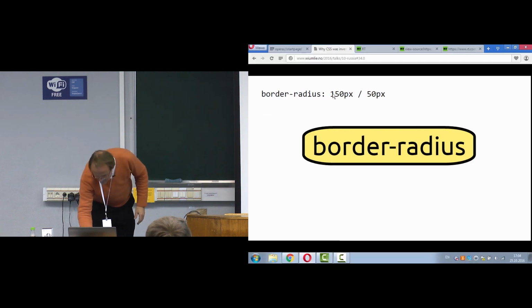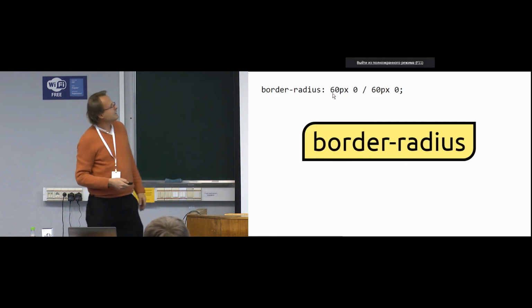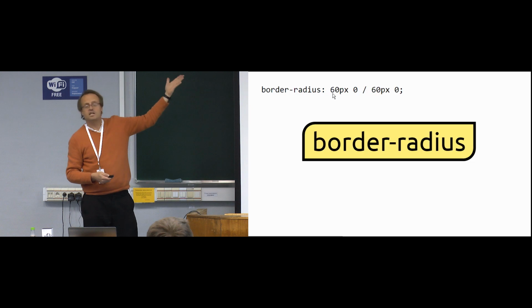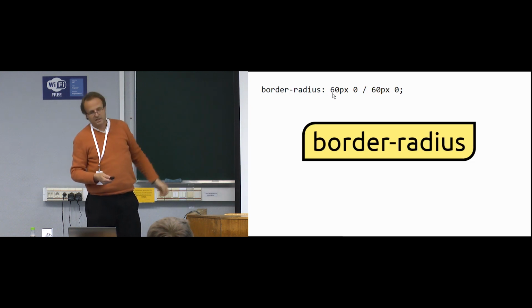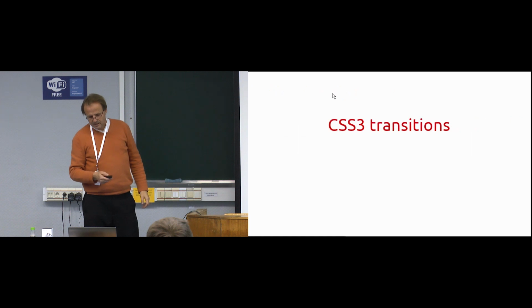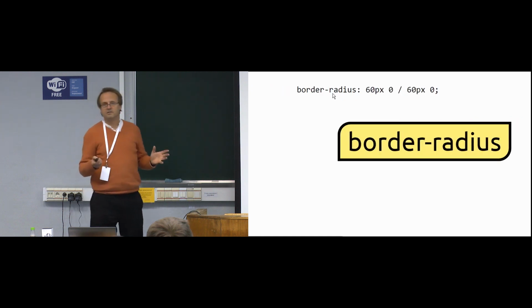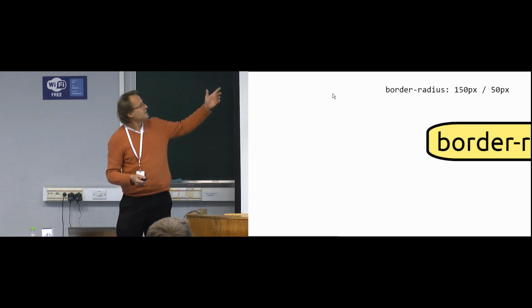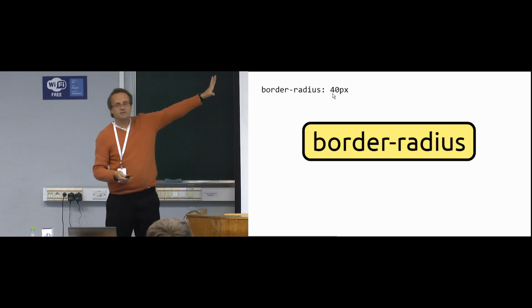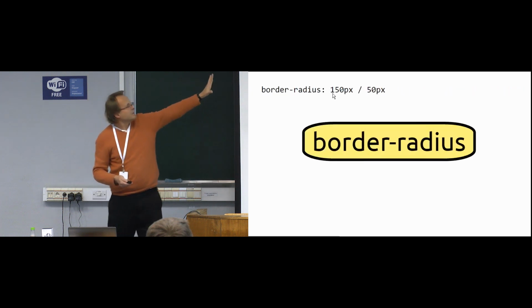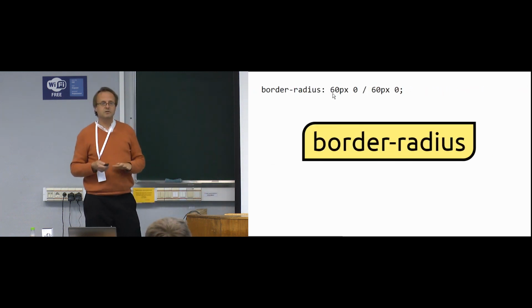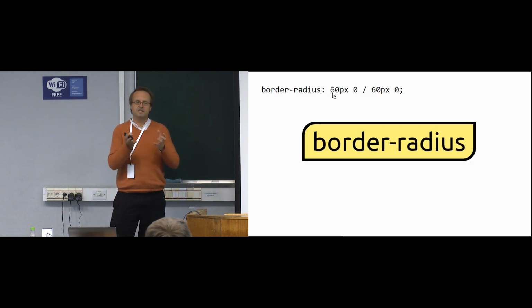Whoops. Let's see. And if I change one more thing up there, I add a slash and another value, I can change the radius so that it only appears in some of the corners. And this is really just visual fluff. Google will not change how they index this document, whether it has the same radius in all four corners, or different horizontal and vertical, or different corner radiuses. It's all the same, but to humans, this is important. And this is what designers make a living from. They create these